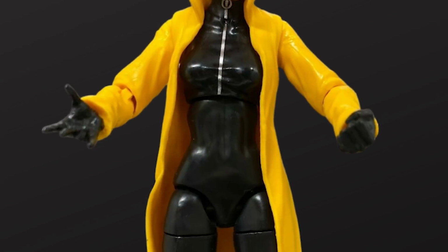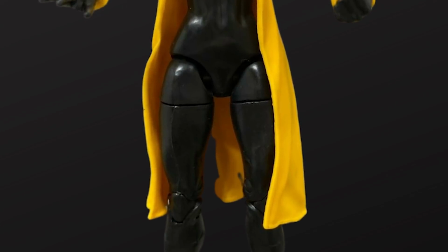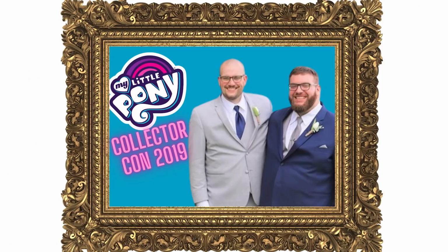I mean, it's 2 colors. It's yellow and a black bodysuit. Take off the jacket and you could probably use it as Catwoman. If I could describe this figure in 2 words, it's boring and lazy,